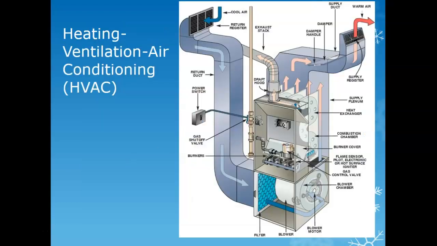All right. So how many of you have seen the big giant heating air thing in your house? This is how that works. You have your big major unit here. You've got the big blower at the bottom. What that's doing is pulling air from the house and blowing it back up through the coils. This is your heat exchanger right here. If it's gas powered, this is where all the gas burners are. And then you have this area that goes up and supplies the air to your area.